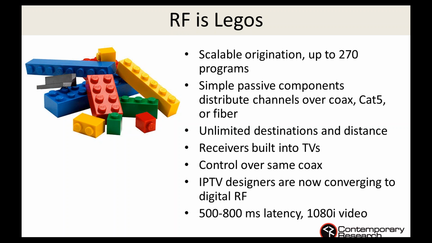But your destinations and distances are long. I mean, RF is being carried over your cable system for miles all across an entire city. So distance and number of destinations isn't really a problem with RF. The neat thing is TVs have receivers built in. We call them tuners. They find channel 2. They look and see the programs as 2.1 and 2.2. Take your channel up, down, and you're there. So control is not tough. Most people know how to operate